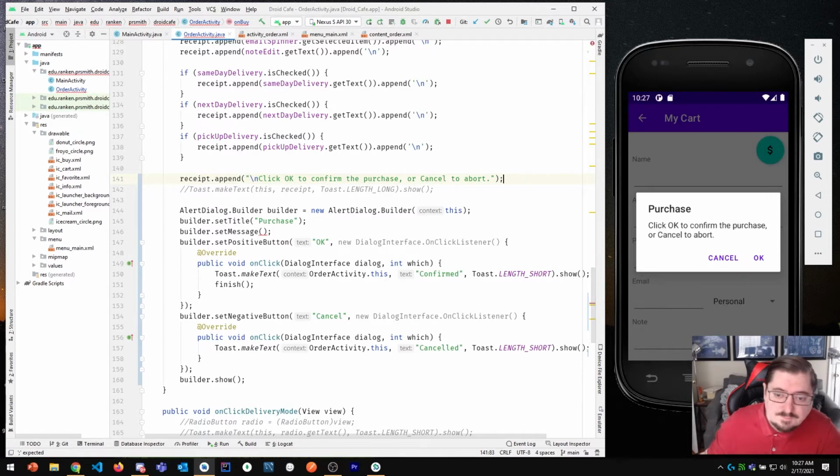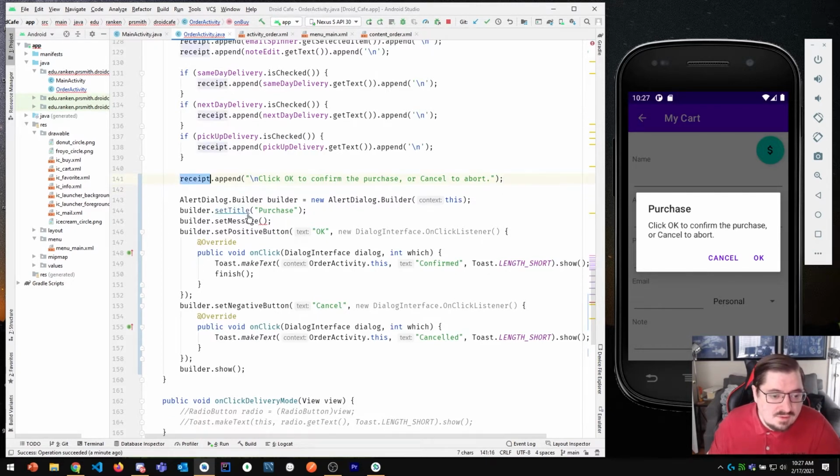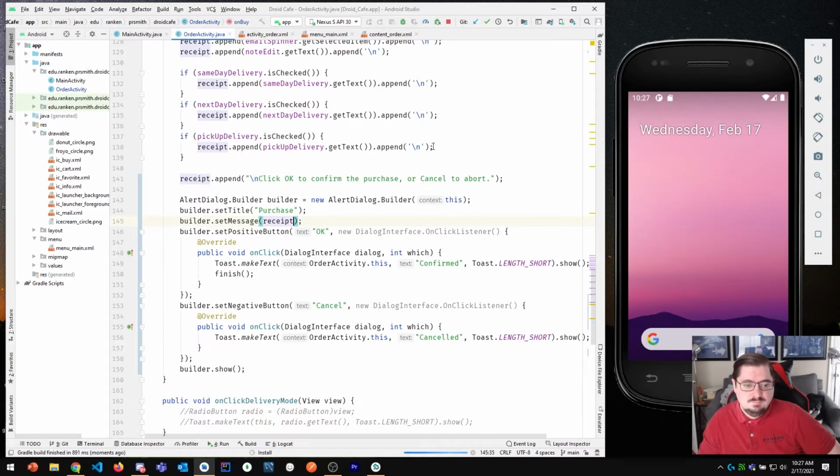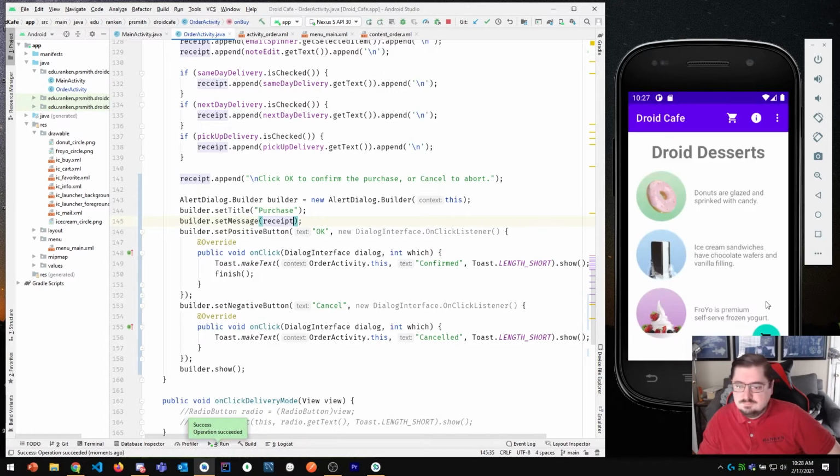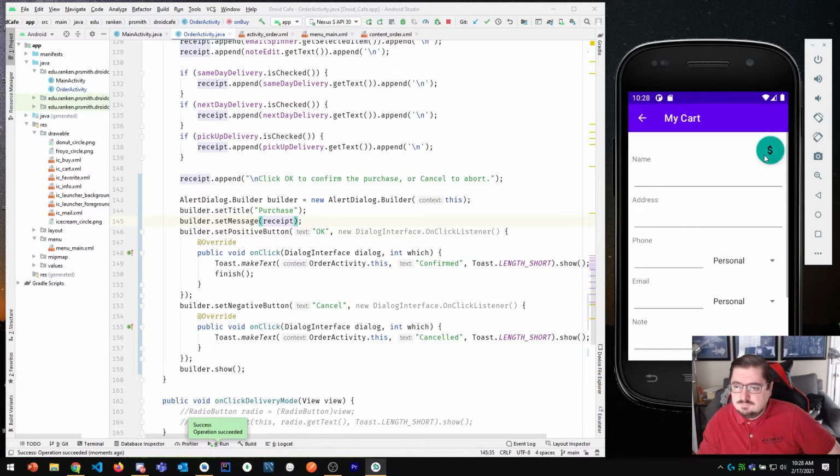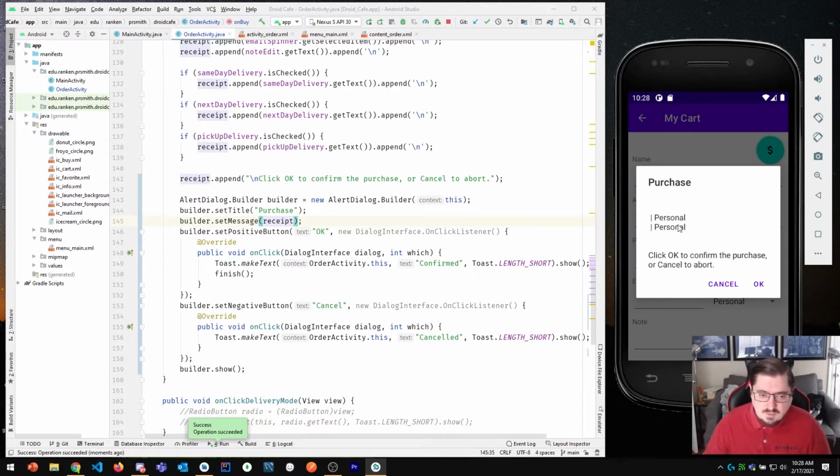There we go. So I'm going to add that in there, and then in set message, I'm going to say, let's put the receipt. There we go. So the receipt, all the information that's on that appears here, and then there is an OK